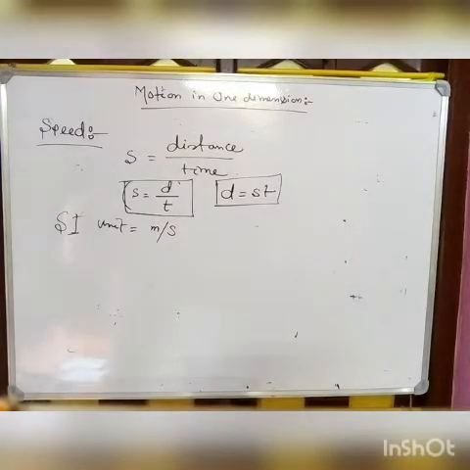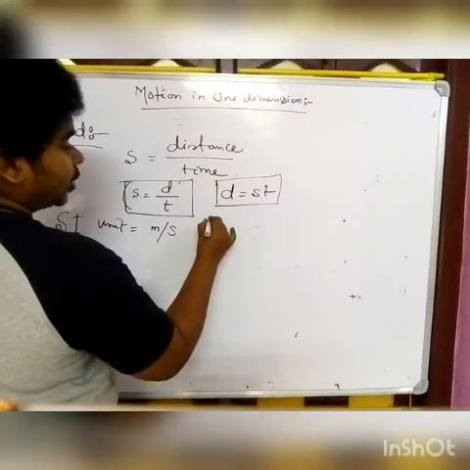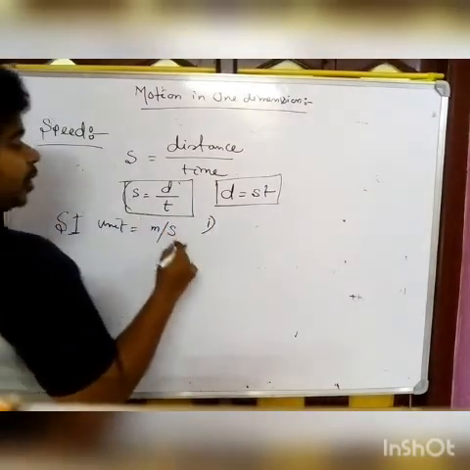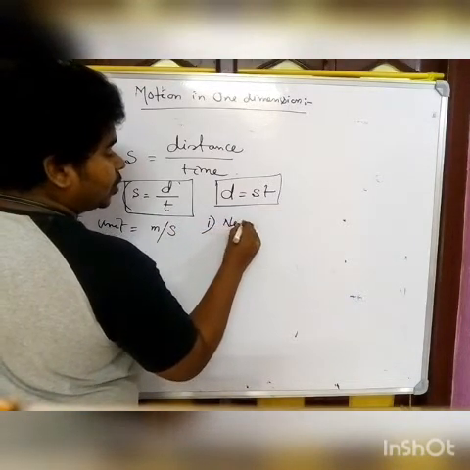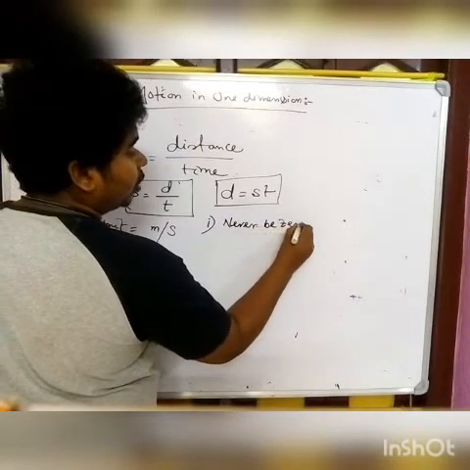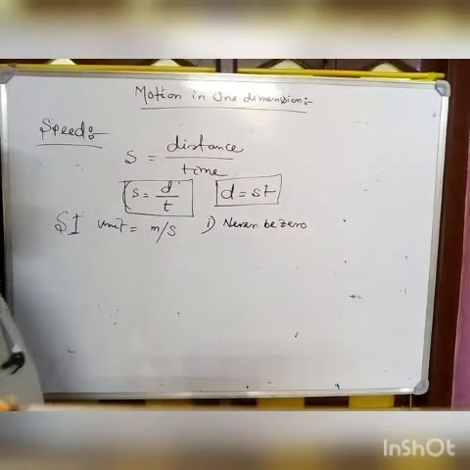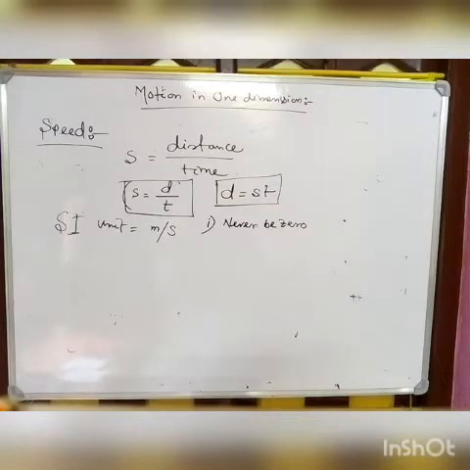That is important here. Number one characteristic tells us the speed never can be zero. The speed of a body never can be zero if the body is in motion. If the body is not in motion, then it can be zero, but if the body is in motion, then it never can be zero. Why? What is the reason behind that? The reason is,